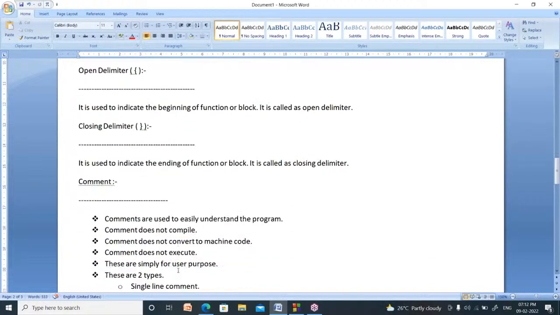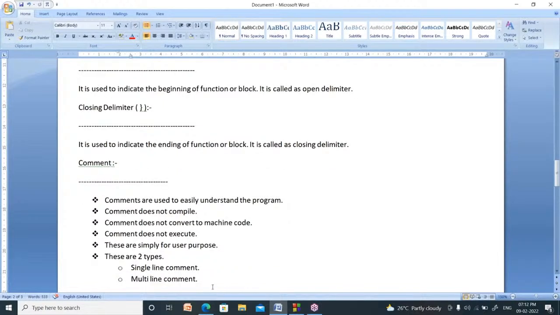Next, what is a comment? A comment is nothing but a sentence written in the program which increases understandability. Comments are used to easily understand the program. Comments don't compile.